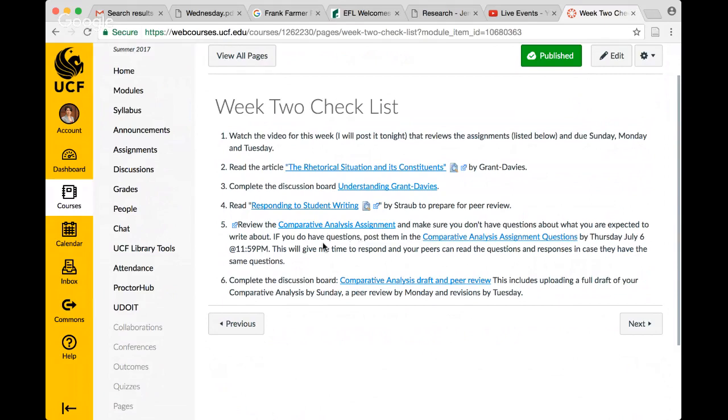So next, I want you to review the comparative analysis assignment. So please read through this carefully. Make sure that when you have a question, you look back through this assignment sheet carefully to see if your question is answered there. Now, if you do have questions, please post them in this comparative analysis assignment questions discussion